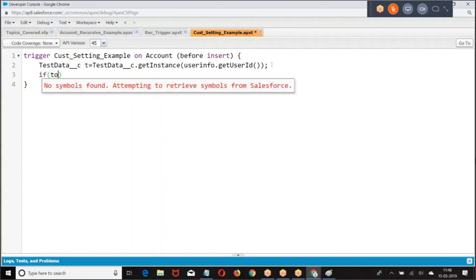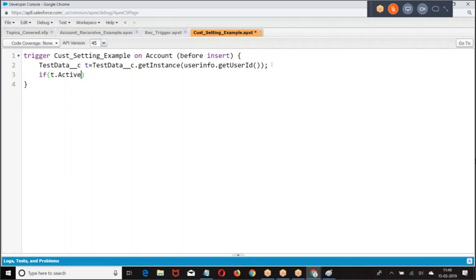Then I said if t.Active equals true, meaning the value of the active field is true, then it's true for everyone except for Satish. If active equals true, then I want to run the logic.